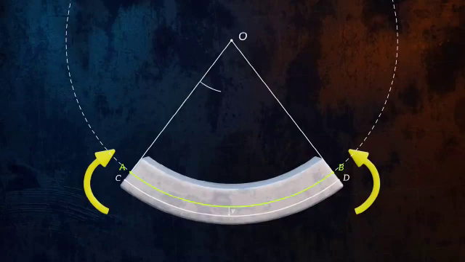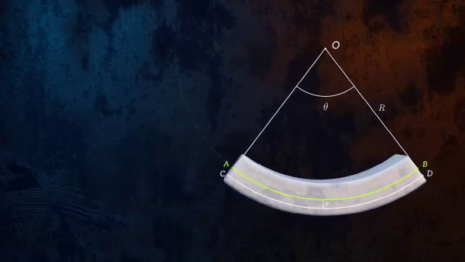If theta is the angle of the arc and r is the radius of the arc to the neutral axis, we can calculate the length of the arc between A and B